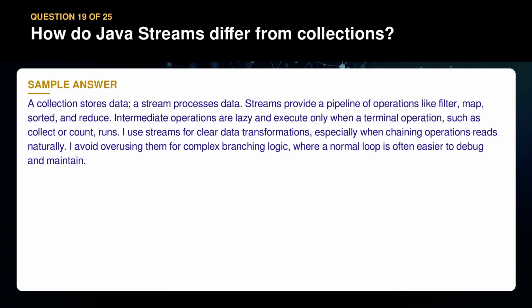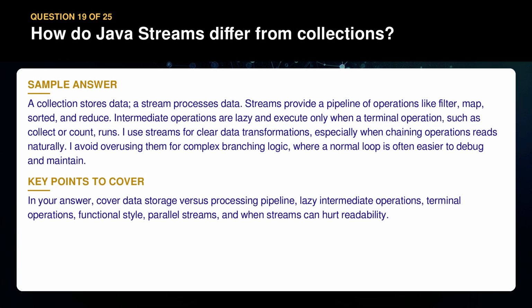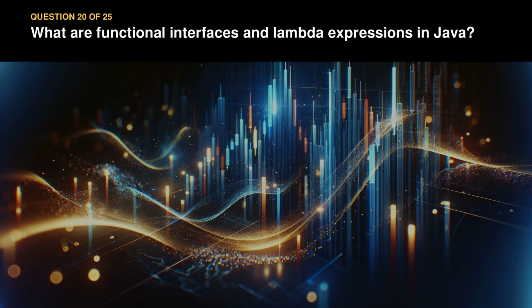I avoid overusing them for complex branching logic, where a normal loop is often easier to debug and maintain. In your answer, cover data storage versus processing pipeline, lazy intermediate operations, terminal operations, functional style, parallel streams, and when streams can hurt readability. Question 20. What are functional interfaces,